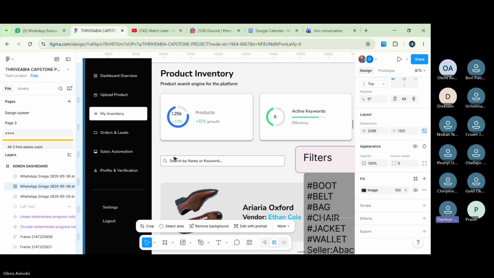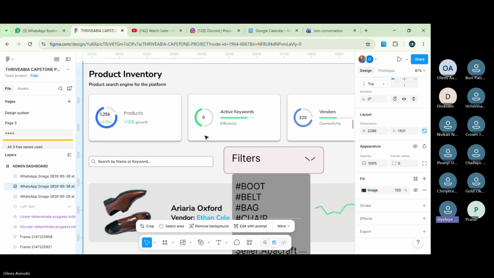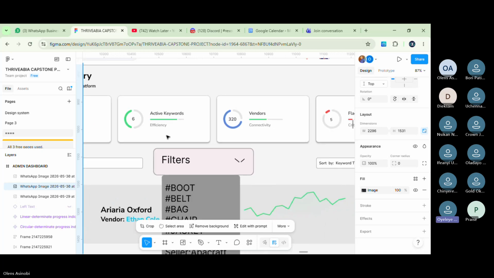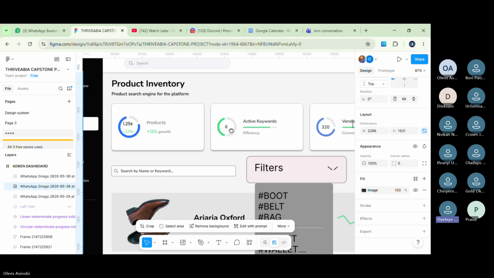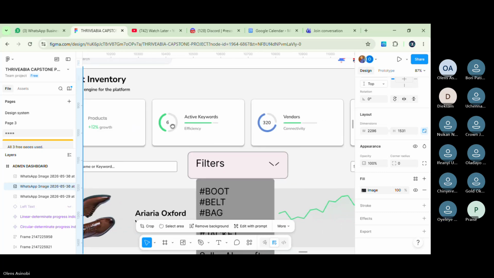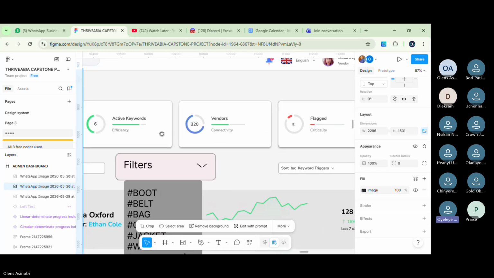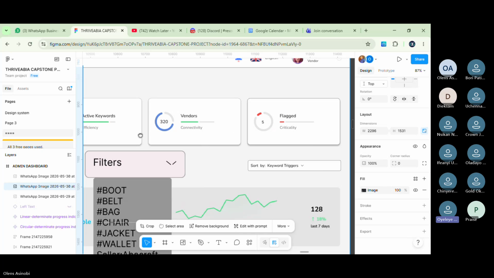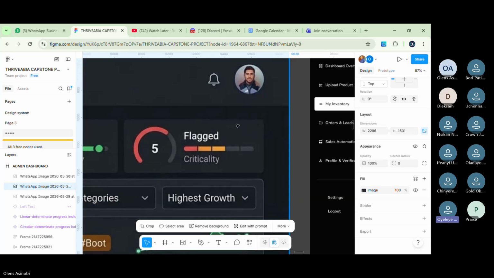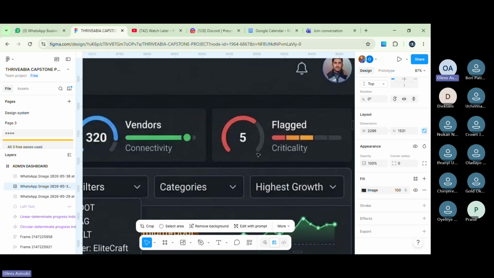Then for the active keywords, for the vendors, the number of vendors that have registered on the app so far, and also the number of flagged items. It's just to be able to track each section. That's why.